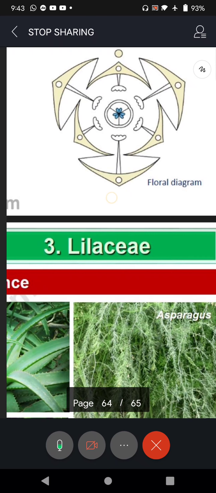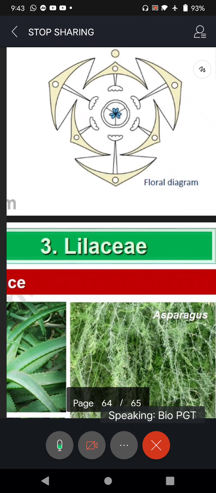This is very unique, you see, Liliaceae. Look at the mother axis. Sir, every flower has a different floral diagram? Yes, that's how it is. Family wise, at least, it will be different. So we are talking of the second family. Yesterday we spoke of the brinjal family, the potato or tomato family. Today we are talking about another family called Liliaceae.